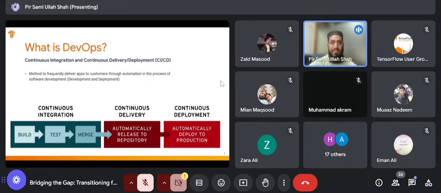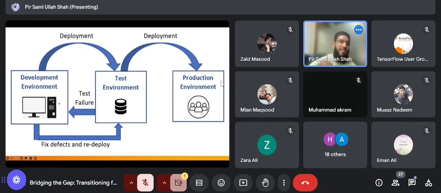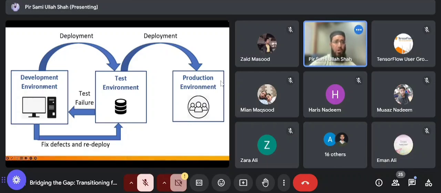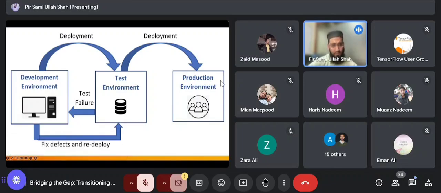To make these things more understandable, usually when you get a chance to work with any professional organization, they usually promote 3 different environments, right? The first environment basically is development, right? When software developers implement new features, they are supposed to integrate those features on a development environment. Once a feature gets completed, they are supposed to deliver or deploy that specific feature into the testing environment, right? And